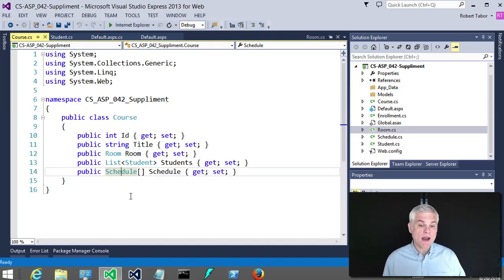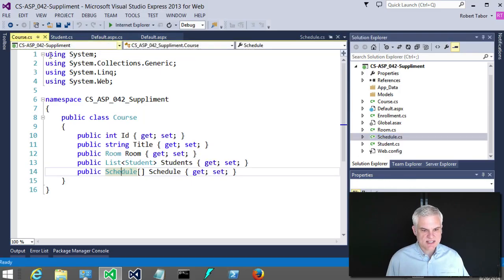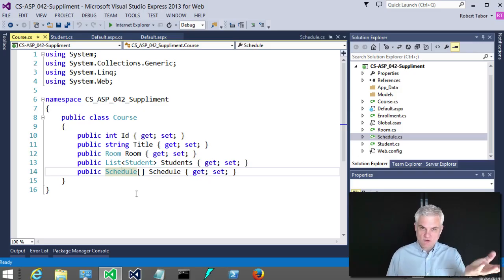Furthermore, if we skip down to line number 14, you can see that we have a schedule, which is an array of a class named schedule. And a schedule is simply the day of the week, the time that the class will start, and how long the class will go, the duration in minutes. All right, so just to emphasize this, if the class met 3 days a week, there would be an array of schedule